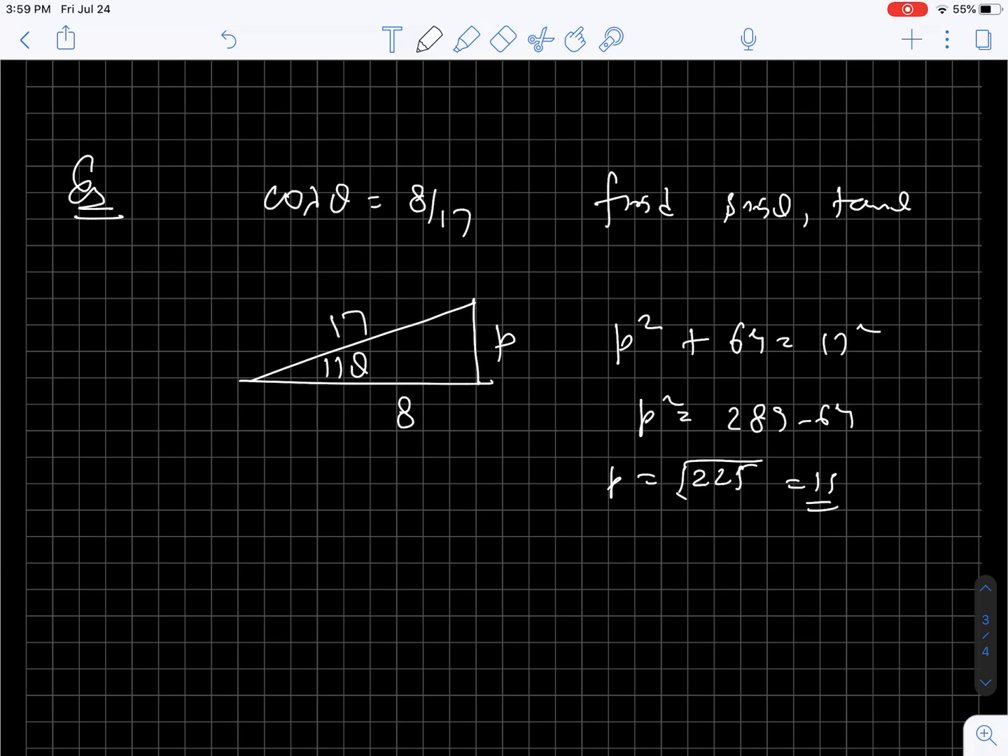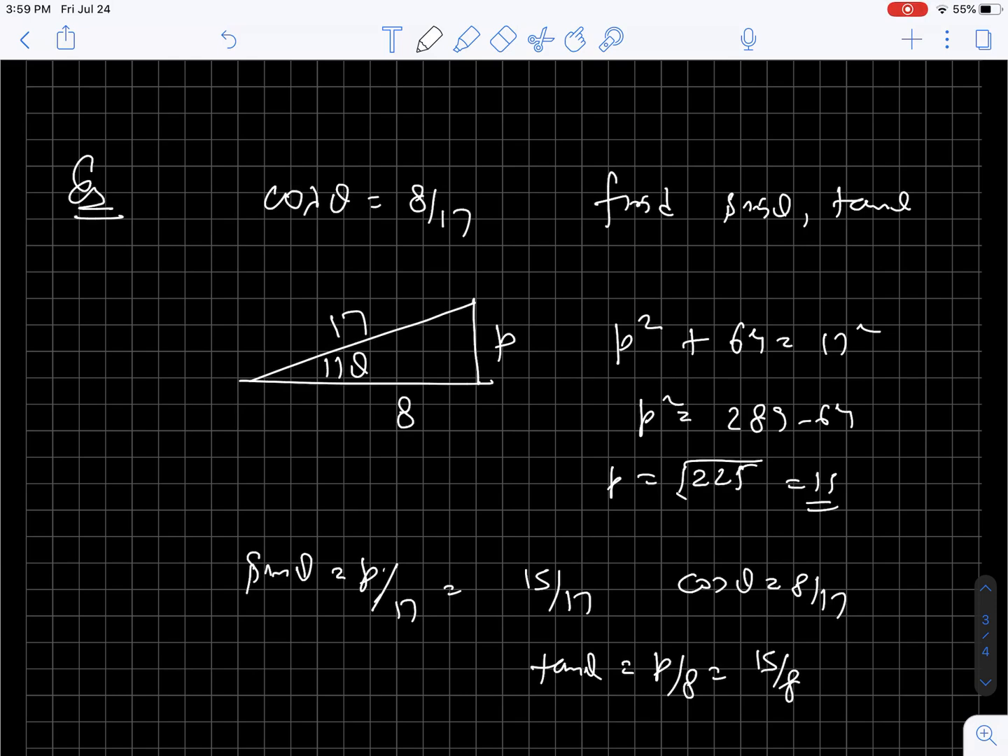If P is equal to 15, you can easily say sine theta is equal to P divided by 17. P is 15, so 15 by 17. Cos theta, you already know, is 8 by 17, and if they ask about tan theta, it will be P divided by 8, and the answer will be 15 divided by 8. Okay, if we know the value of sin theta, cos theta, or tan theta, we can easily find the value of